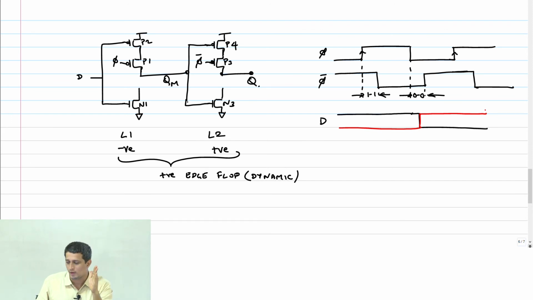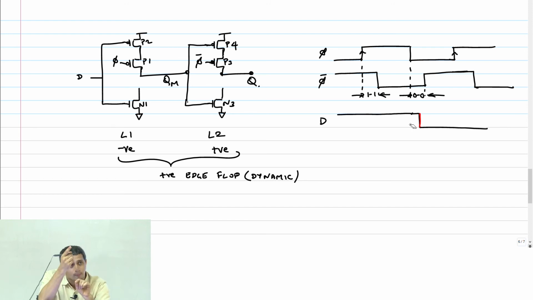Let's say D went from 1 to 0 in my 0-0 overlap period. Okay? Or D goes from, let's say, 0 to 1. Sorry, let's look at the red case first. D goes from 0 to 1 in my 0-0 overlap case. Can the change in D go to QM first of all? No. Why? Because that NMOS is already cut off, so there is no discharge path available. Therefore, the only condition I have to analyze is this condition, where the data goes from 1 down to 0,